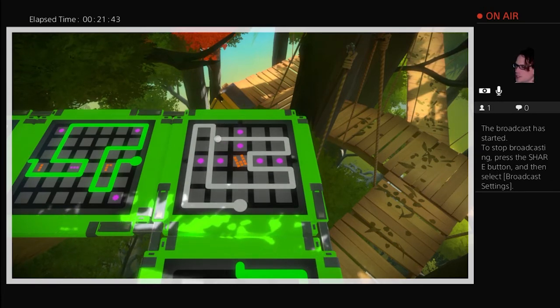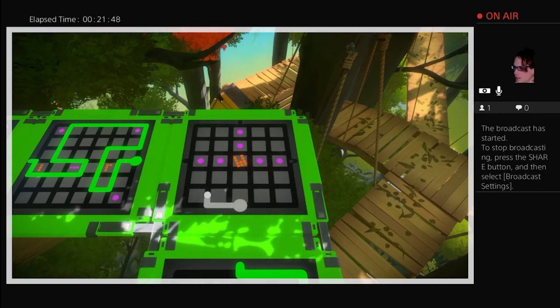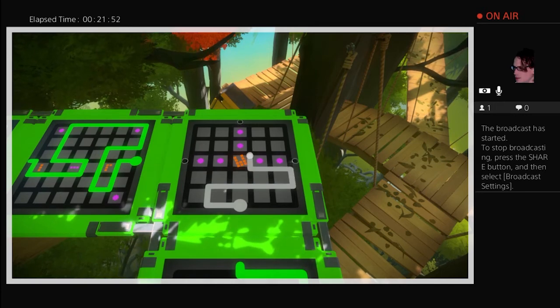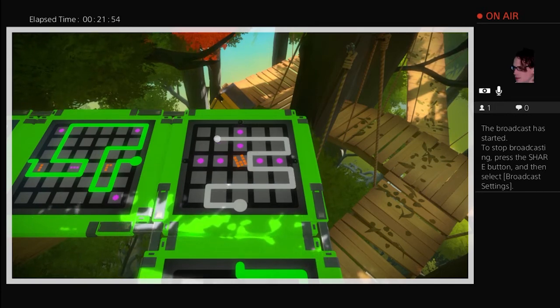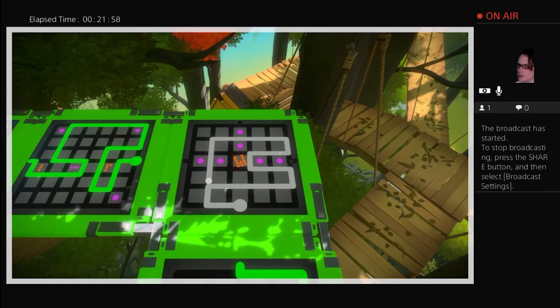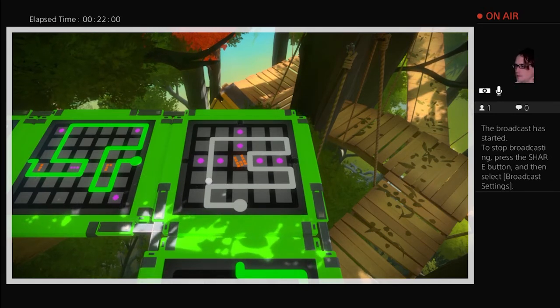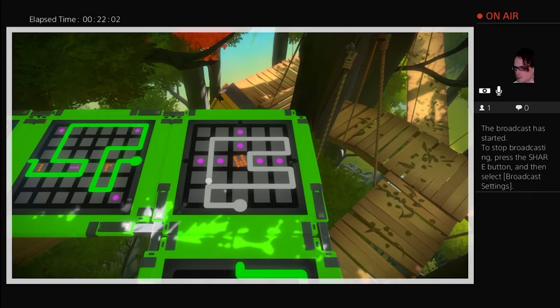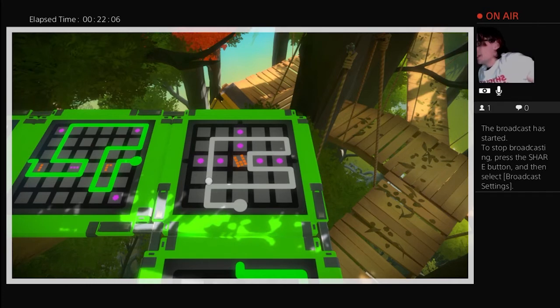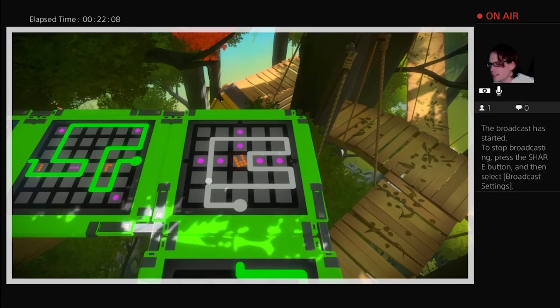Well, this isn't good either. Because this does it. This satisfies everything, but there's not a good way to do it unless there's a way